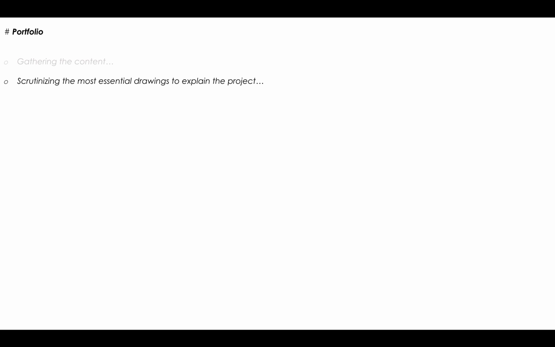Now we are at a stage where we need to concise that information and reduce down to a mere 3 to 4 sheets. Yeah, you heard it right. 3 to 4 sheets. Because during an academic submission, you have to show each and every little corner that you have worked on. But here in the portfolio, you need to have a very relevant set of drawings. Only those few drawings which are very essential. You will have to let go of the rest.